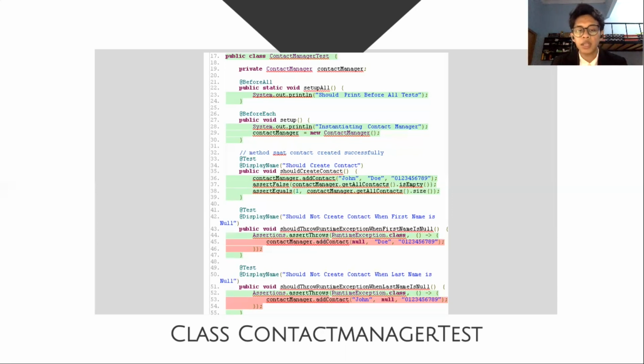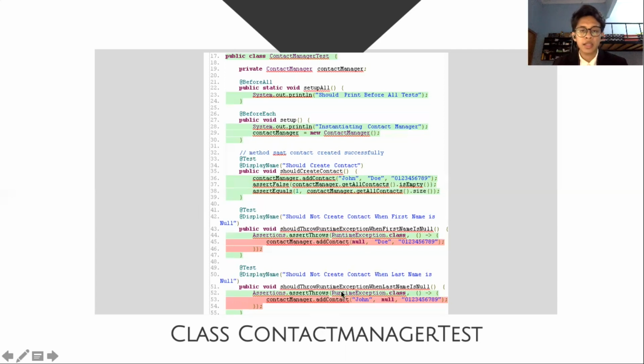The first is to be exactly 10 digits long. Second is to contain only digits. And the last thing of the phone number validations is the digits should start with 0.